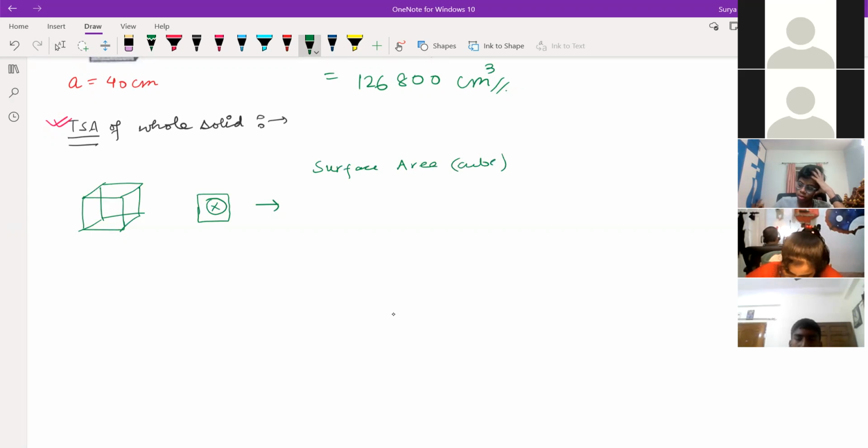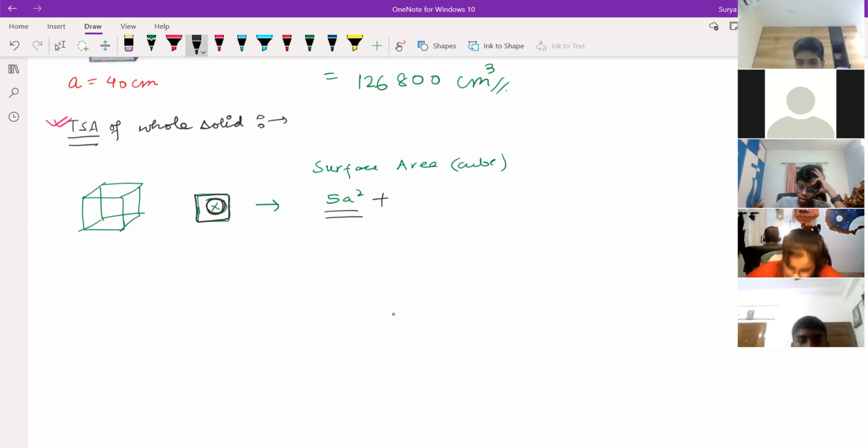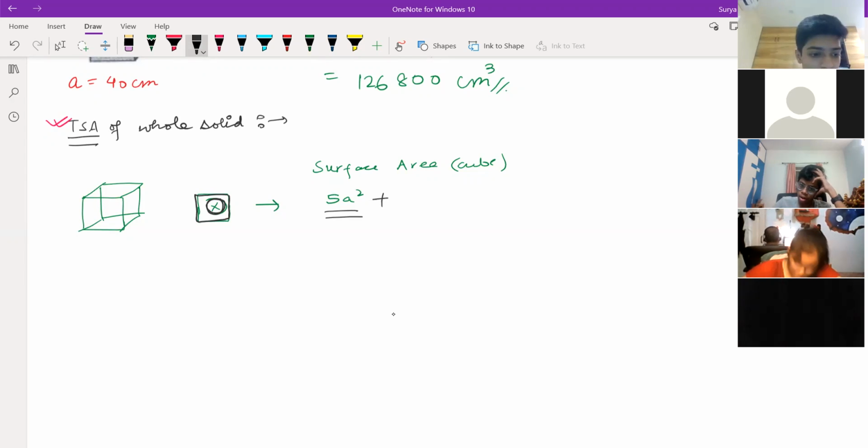Surface area of the cube, if you see, 5a square will come. 5 sides we are not having any problem. It's clear, children? 5 sides we are not having any problem. We have a problem with the top part region. Top region we don't want which one? The circle part of the cylinder we don't want, right? Can you understand, all of you, what I'm saying here? Akshat, it's clear what I'm saying? Yes, sir. So the top part is a square.